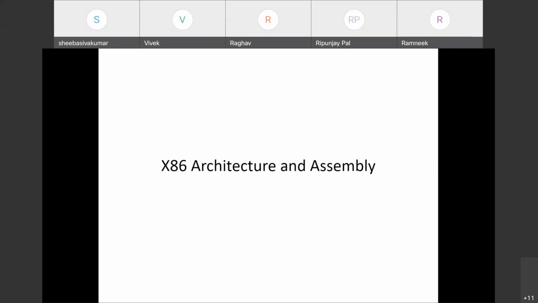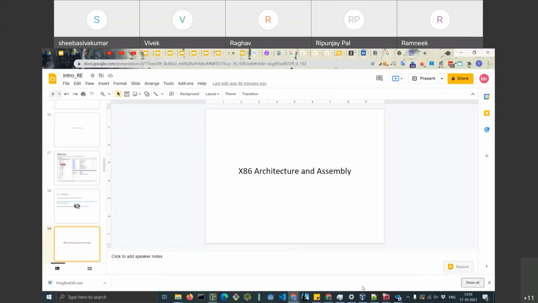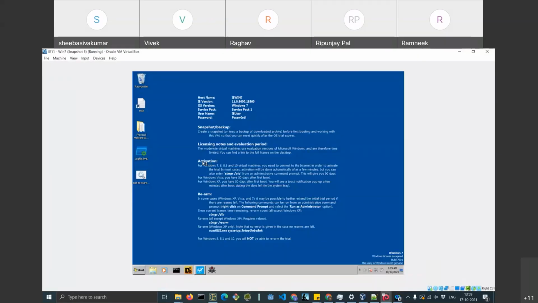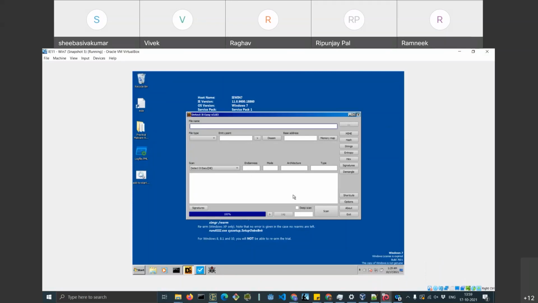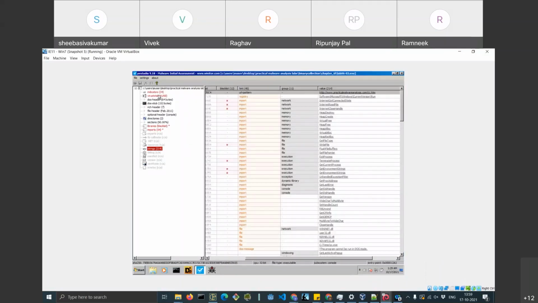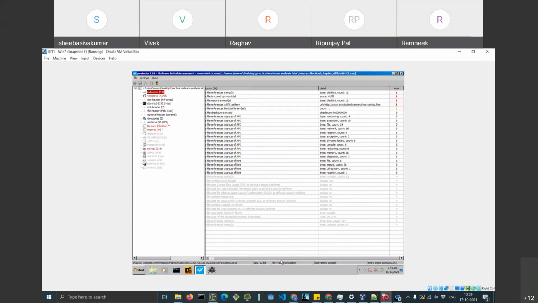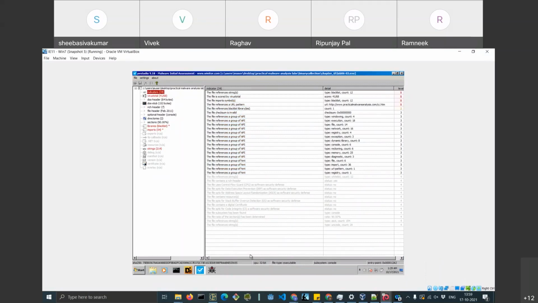Okay, so Raghav has asked what the indicators shown in PE Studio are. Indicators are certain traits that are identified by PE Studio.